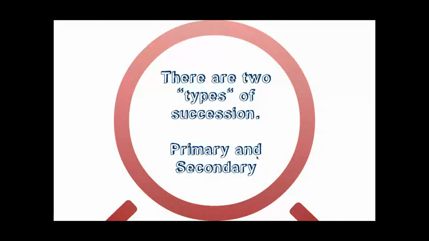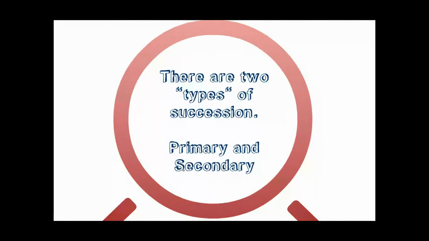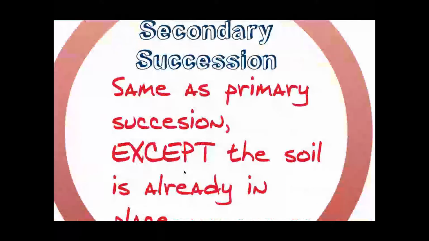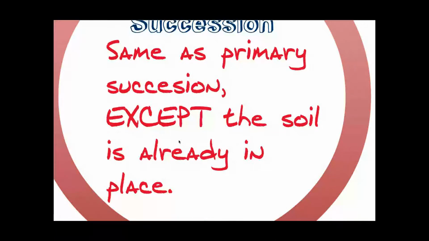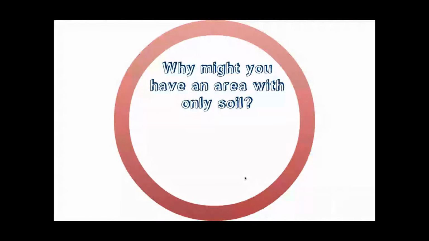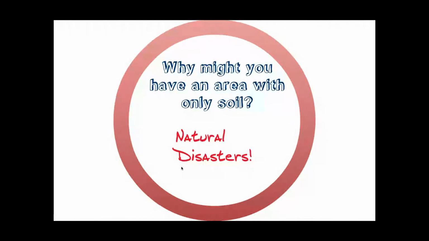community. Now let's take a look at the other type of succession called secondary. And the good thing is once we've learned about primary, secondary succession is the same. It's actually exactly the same, except there's already soil in place. So we don't need those pioneer species to break down rock. We don't need them to make the soil. So the question is, well, how do we get areas that have no living organisms there, no plants, no animals, but only soil? Why would you have an area with soil but no living things? And the answer is natural disasters, just different types.